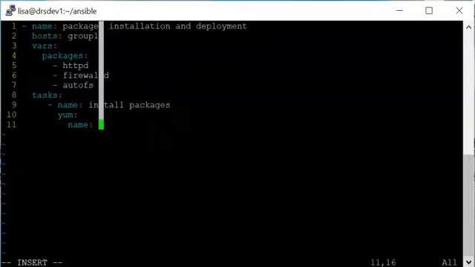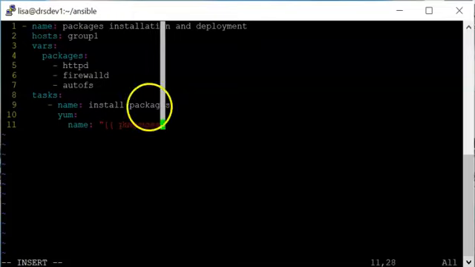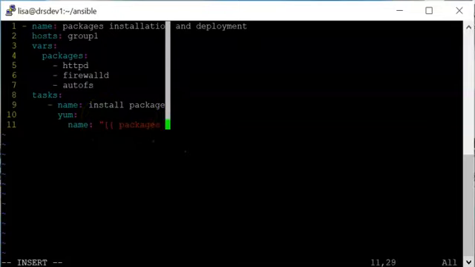Instead of me writing HTTPD, and then writing another task and saying install firewalld, and also using yum, that is the essence of variables. I can just put this and say packages. Don't forget what we said, that when a variable becomes a key value pair, it has to be encapsulated, and that's why you'll see me putting this in encapsulation. So this is going to be packages, and I'm going to close this